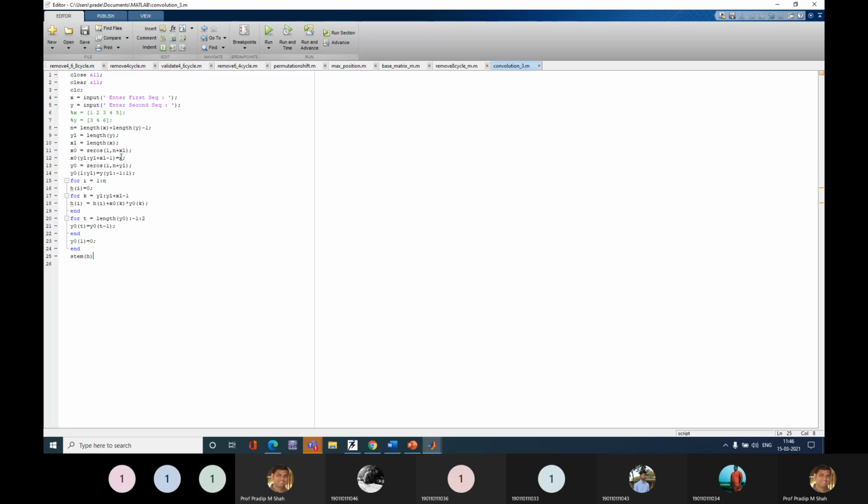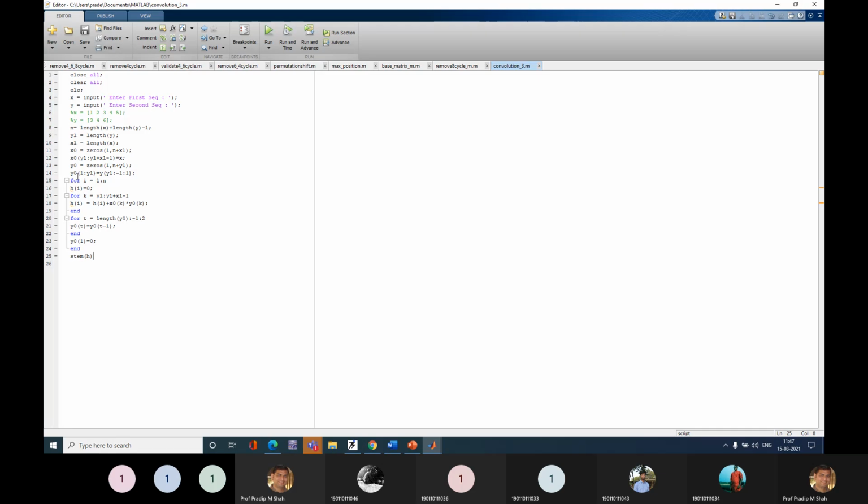In the same way, I'll take a second sequence y. Again, first I create one zeros vector y0, as we did with x: zeros of 1 comma n plus x1. Here I'll take n plus y1. I'll create one blank zeros vector. Then in the next step, line number 14, I'm filling the value. Previously I filled the value of x. Right now I fill the value with y.